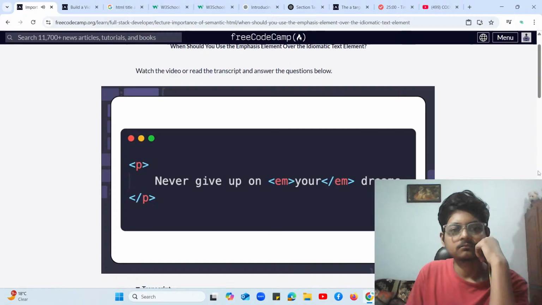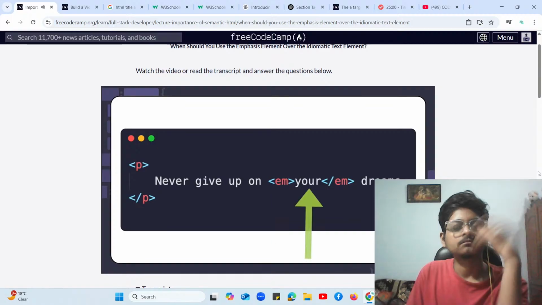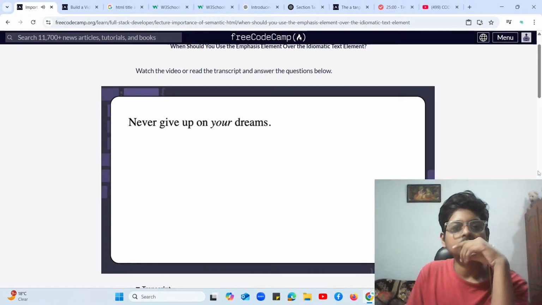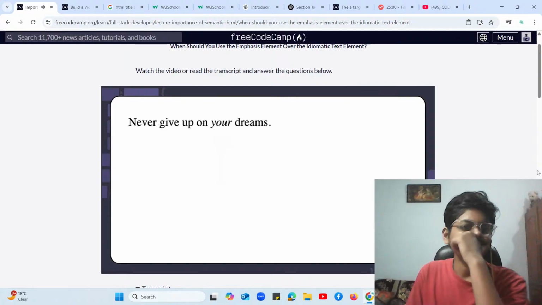This is an example of the emphasis element within a paragraph. You can see the sentence, "Never give up on your dreams." Notice that the word your will be emphasized because it's inside this element. This is what you will see in the browser, exactly what you anticipated. The word your is italicized to tell readers that this is an important word in the sentence. Even if it looks the same when the text was inside the idiomatic text element, the semantic emphasis element